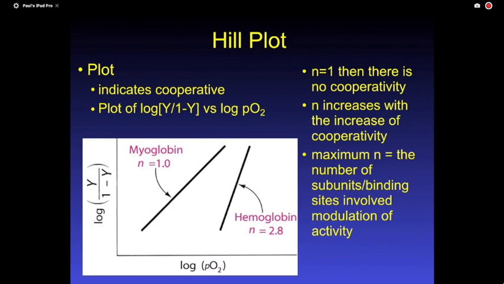If the slope of the graph is 1, it is not cooperative at all. If the slope is greater than 1, then the number actually approaches the number of subunits that are there. So for hemoglobin, which has 4 subunits, the Hill plot says that 2.8 of them are important to helping the next one. So by the time you have a third,